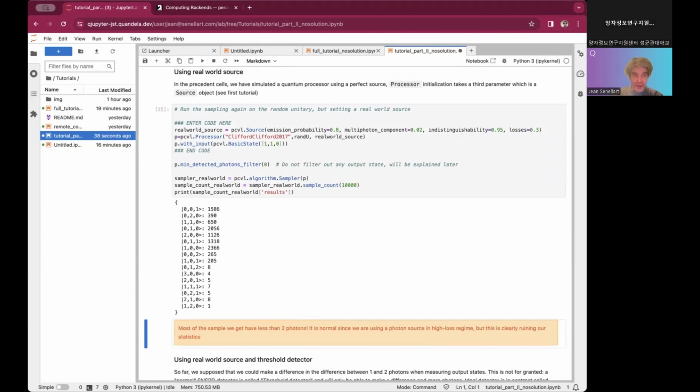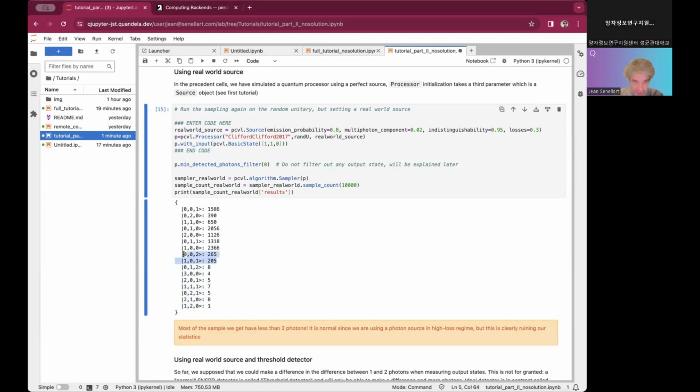So a few things to see here. We have more than 6 states. We said that there were 6 possible quantum states if you're sending 2 photons in 3 modes. Now we have far more than that, and we can see that we even have 3 photon states. How is it possible? It's possible because we have introduced some multi-photon components. It is what we saw yesterday, it's the G2. It's the possible imperfection that is rare, but that sends some additional photons while it's generating the photons. So this is noise, 3 photons.